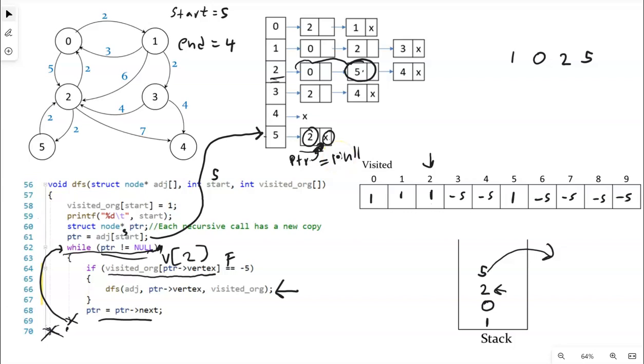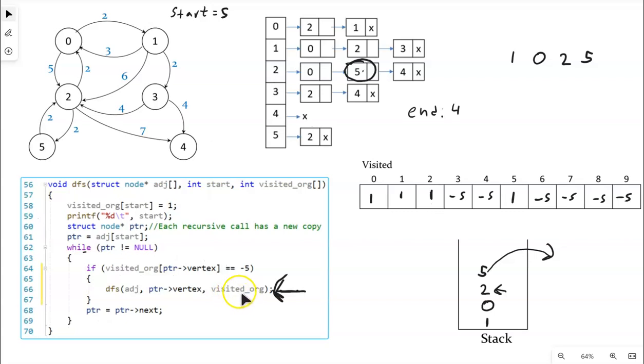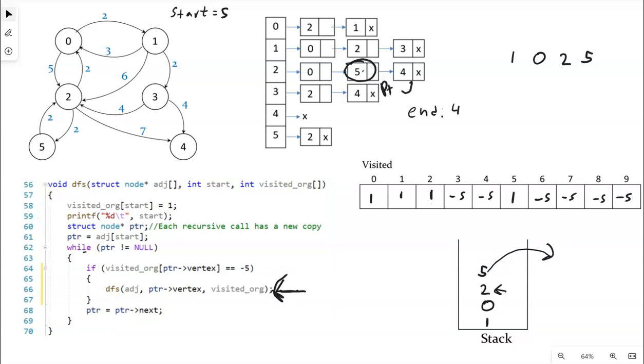So I'm gonna delete the rest. Then I'm gonna continue back from this location. So what comes after this location? I mean, it returned back, right? So it's going to go to this next line and update the PTR. Now, PTR will point to this node. Then from here, it's gonna go back up and check, is this PTR null? It's not. So it's gonna come to this part,